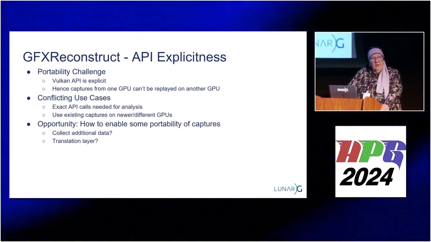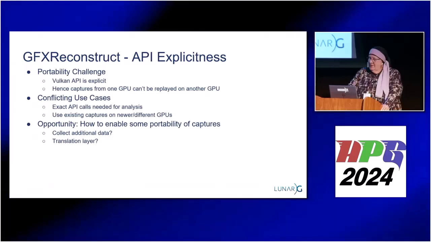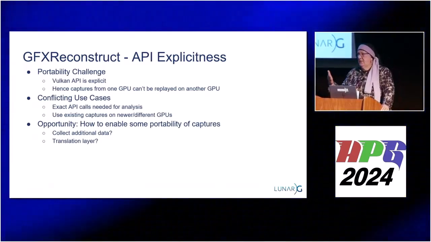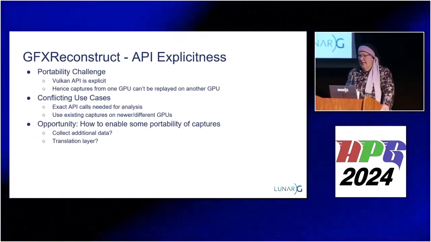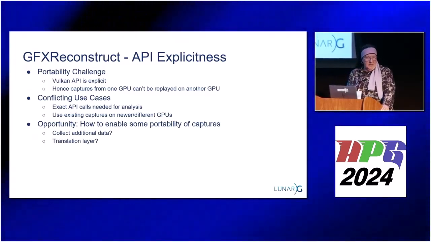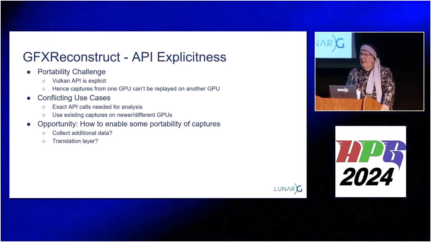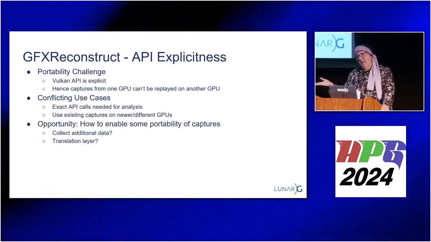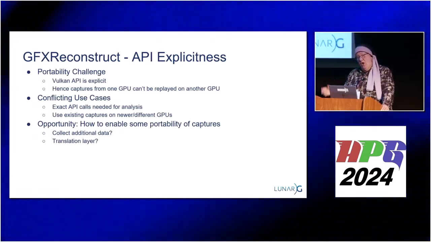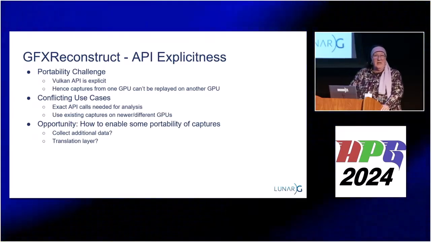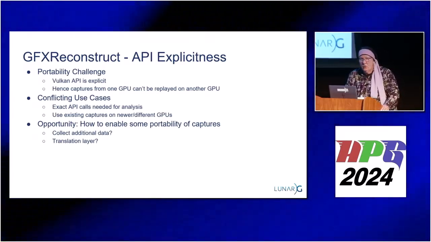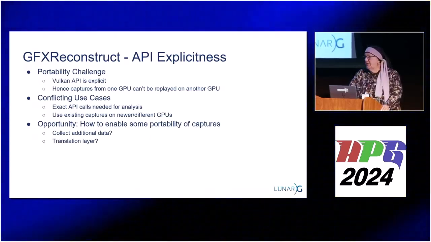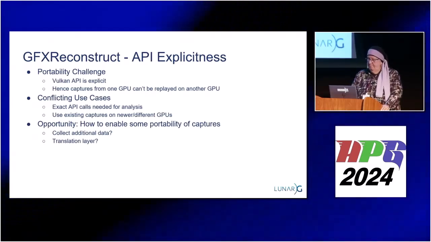But we have use cases. We have some users that say, yes, we have to have every explicit Vulkan API call stored in that capture file. We need it for analysis. Oh, but by the way, I would like those captures to be able to be played on a new GPU we're in the process of developing. So there's a little bit of a conflict there. We're investigating methods to do this via translation layers or metadata that can be stored, but we do not want to get rid of the explicit API calls that were originally made.